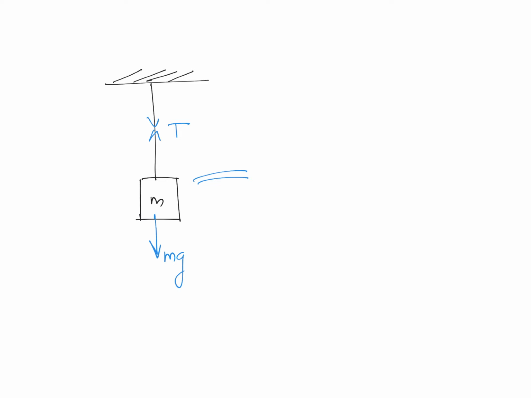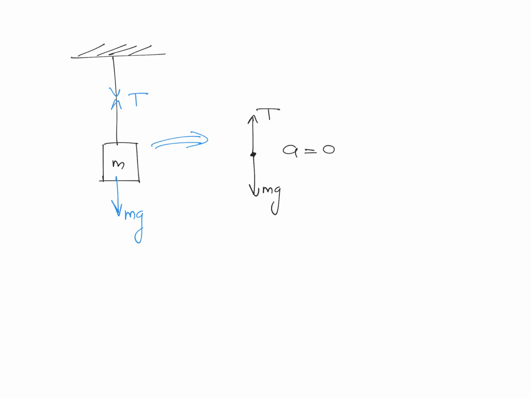Now for drawing the free body diagram, we'll consider the same object as a point mass. Then we'll draw only the forces acting on the object. One force is exerted by gravity, which we take as mg, and the tension acting on the object, which we take as T. Now if the object is not accelerating, we can write the net force is equal to 0, that is, mg minus the force acting in the upward direction T should be equal to 0, or T is equal to mg.